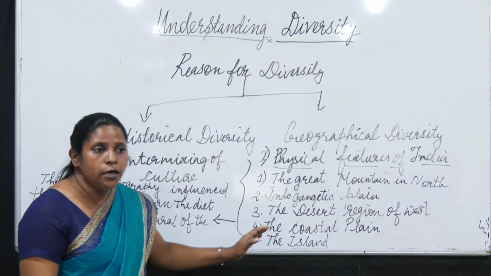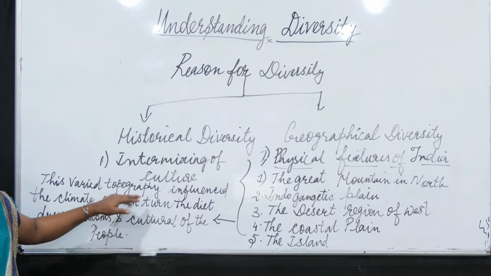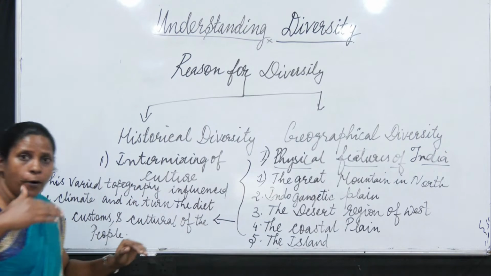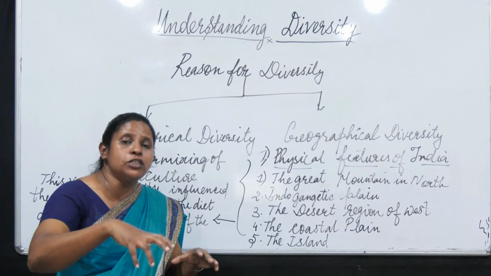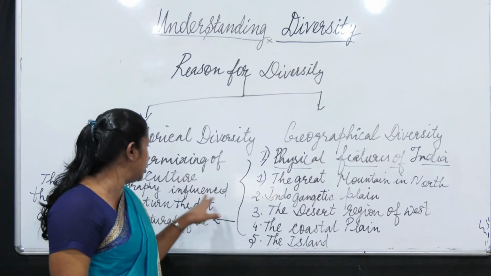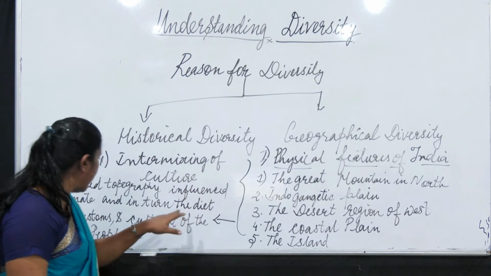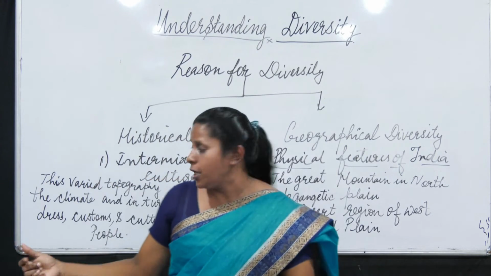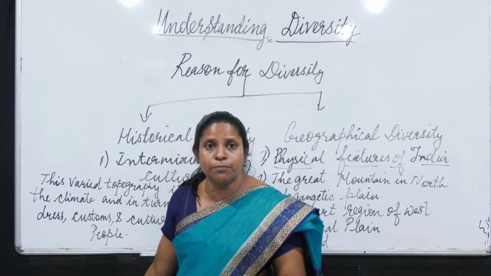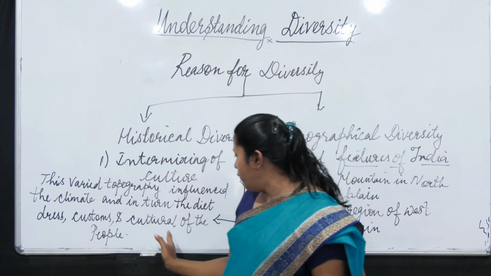So why? Because this varied topography is there. Varied topography means the physical features of an area, of a region. The physical features influence their climate and the dress, the custom, the food habits and even the culture